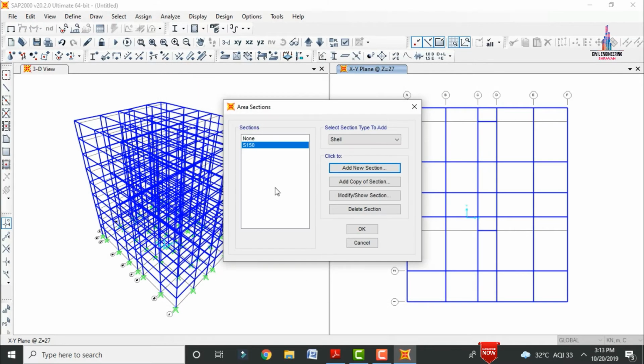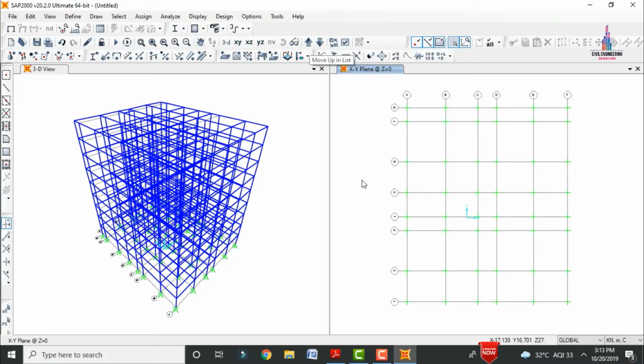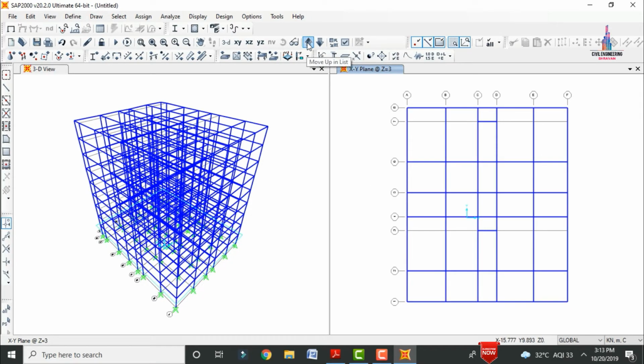After that, we have to assign the slab section to the building. For that, firstly we have to go to the bottom section here. Select this property and select the bottom. Again we will come to the plinth level, and again we will go to the first level here. Now we have to assign the slab section at this portion. For that, firstly we have to select the quick draw areas option. Here I am dragging over the model like this. It will assign a slab section here like this.